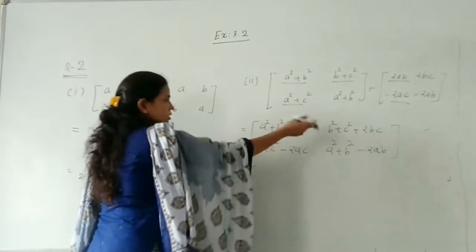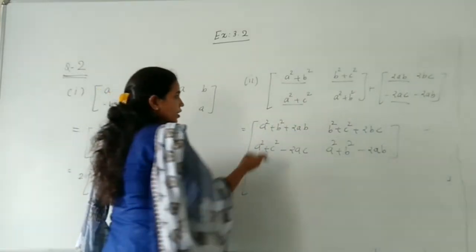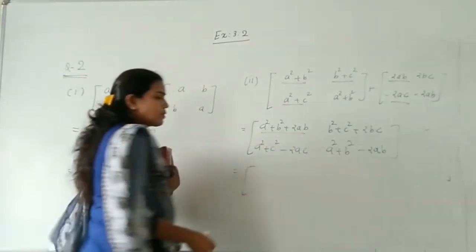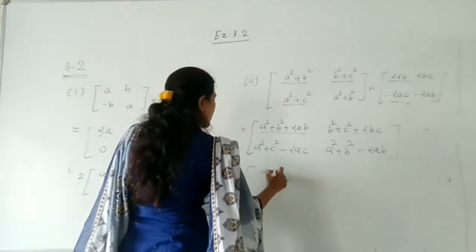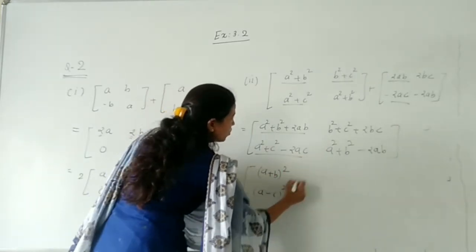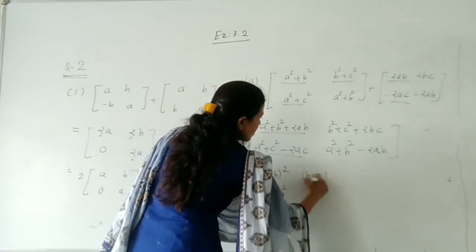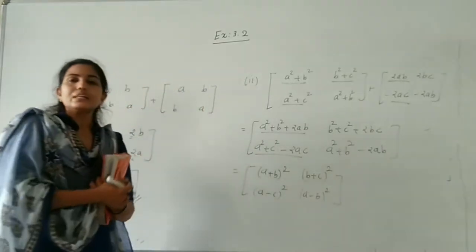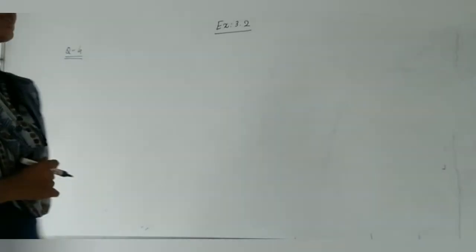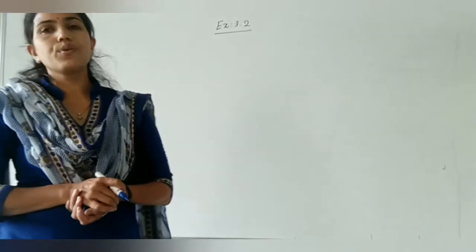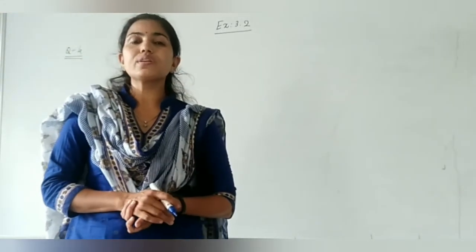Now what is this, students? You can see these are the algebraic identities we are having. The easy one is a plus b whole square. So we should write down a plus b whole square. This is a minus c whole square. This is b plus c whole square, and this is a minus b whole square. So this is our answer. So now students, we have completed question number 2, parts 1 and 2. 3 and 4 I am giving you for practice. You can do it by yourself.